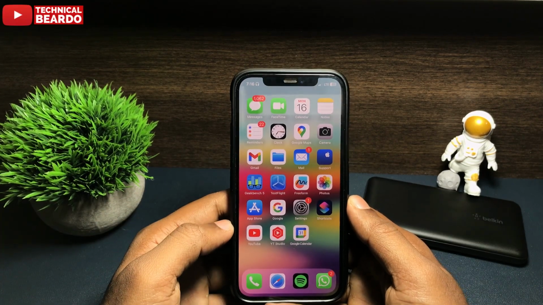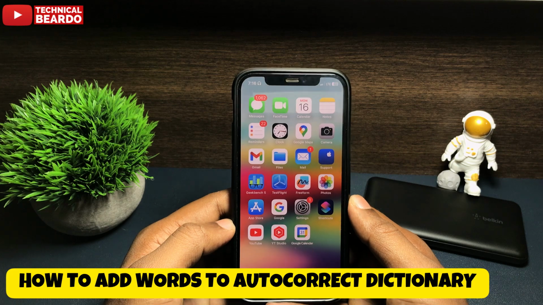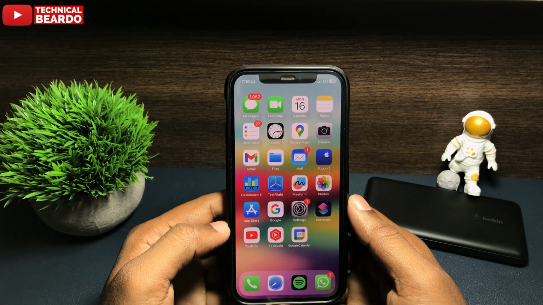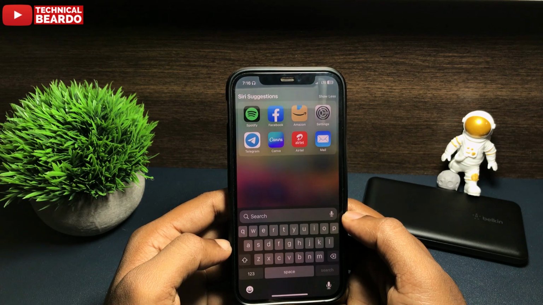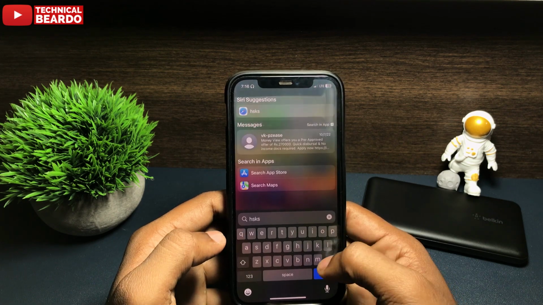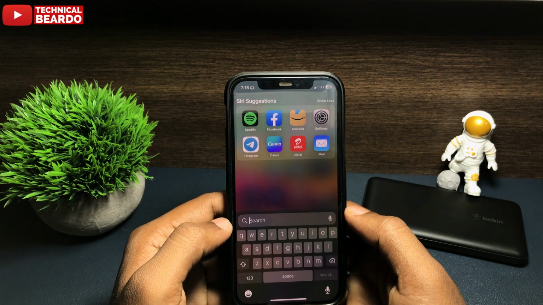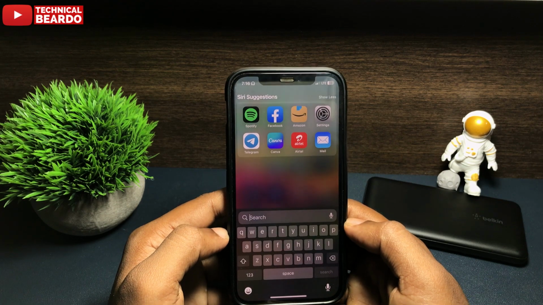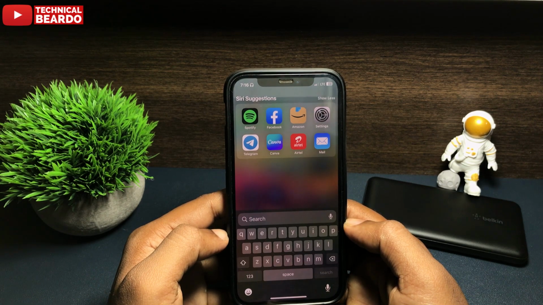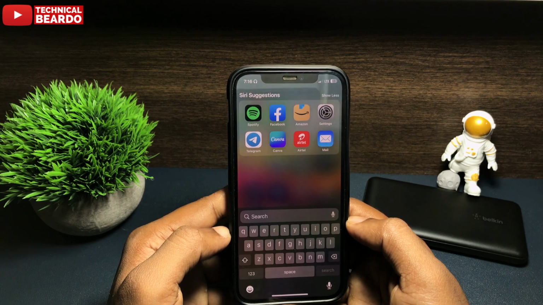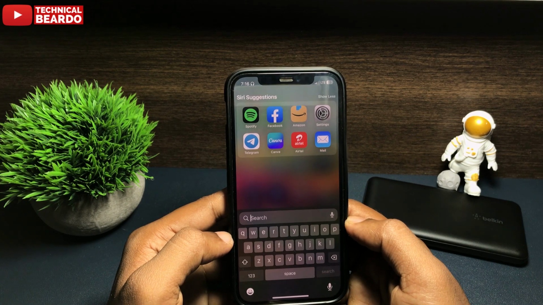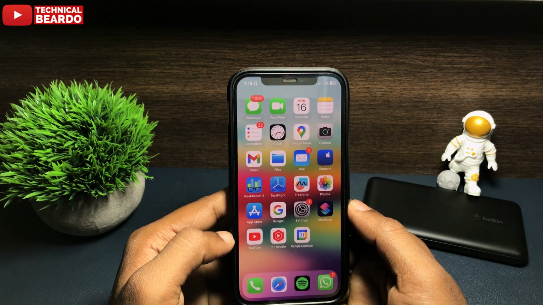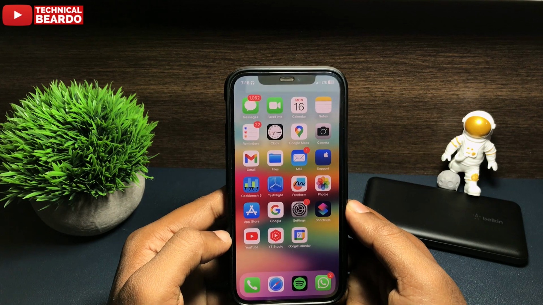Today in this video, we will see how to add words to iPhone autocorrect dictionary. Why is it important? Because there are many times we like to use our own words or shortcuts or code words, and at that time iPhone's autocorrect interrupts and it becomes a mess, right? But here we can replace it. We can add our own autocorrect words. So next time whenever we are typing our own words, it will not correct to another word. So now how to do it? Let's start the video and check it out.